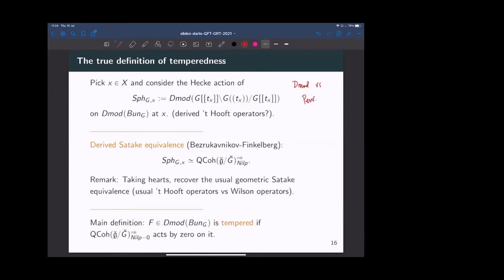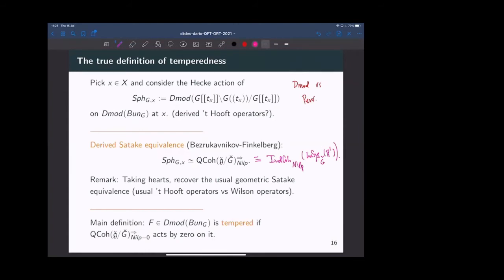And you recognize here our old friend, Indranil, for Local systems, Jacques on P1. I gave an example before. This is the Langlands category in genus 0 and appears there as the spectral side of the derived Satake equivalence. And so how is this related to the usual geometric Satake equivalence?